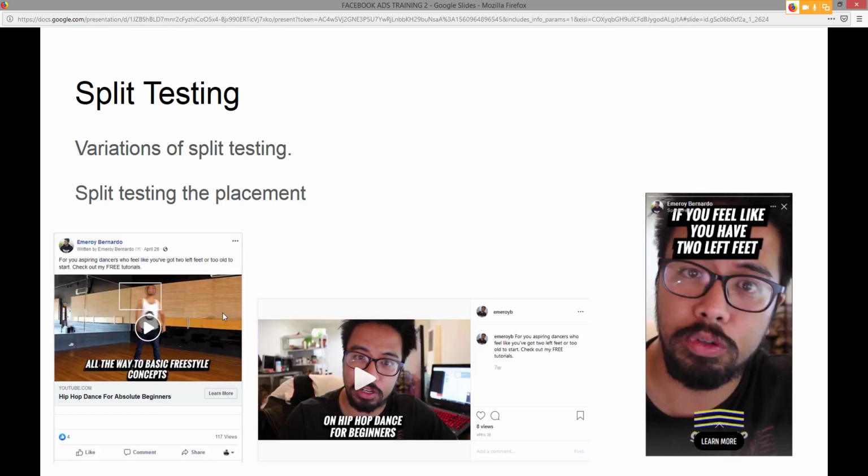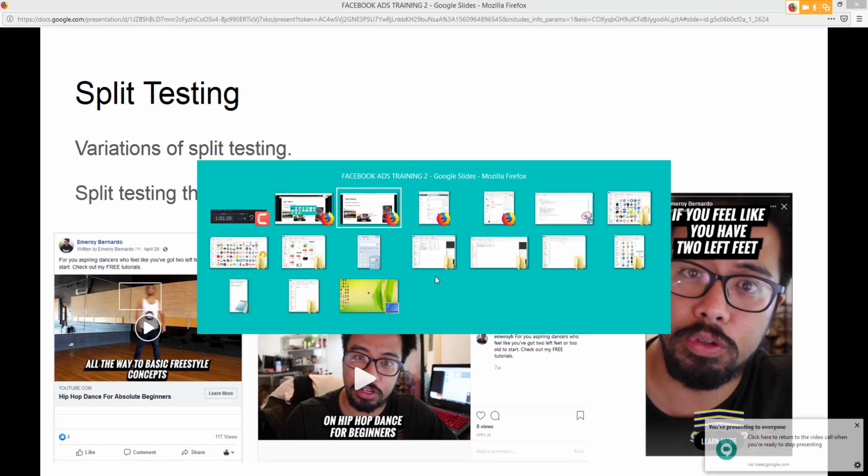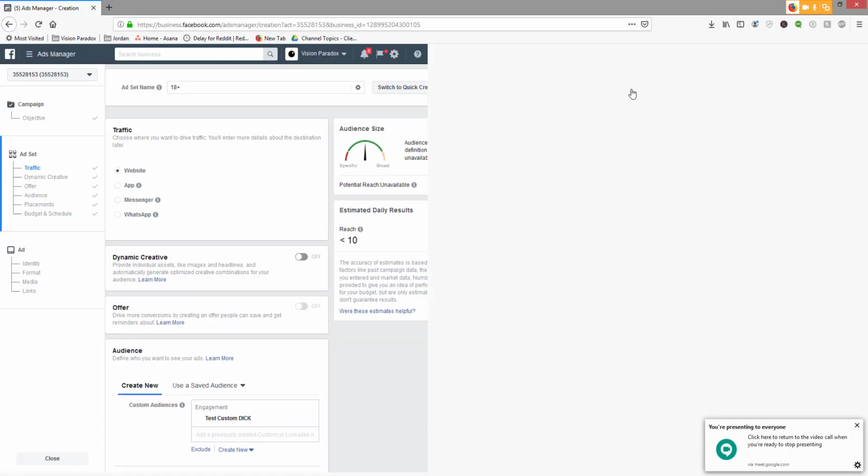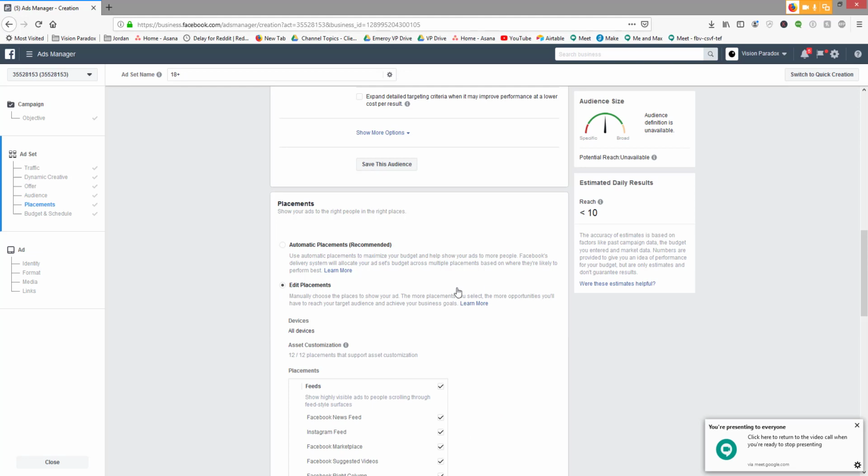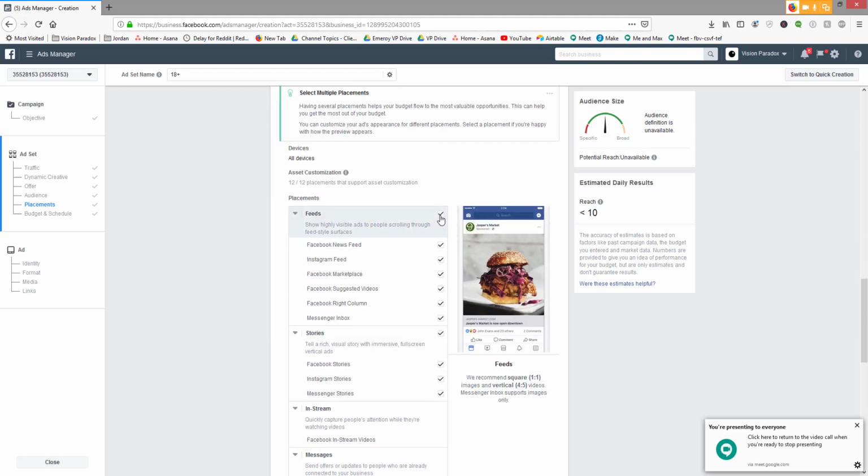Okay, so next is, oh god, this face. Split testing the placement. Is it going to work better on Facebook or on Instagram or just stories? You have an option to be able to do that. Okay, so I'm just going to show you. In the placement, okay, edit placements. You can either just focus on